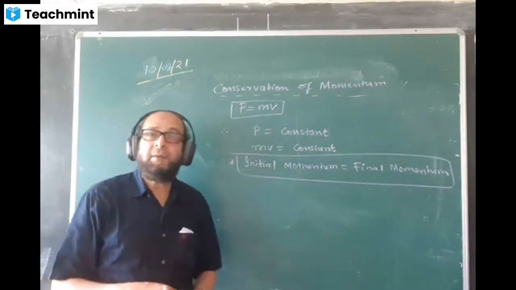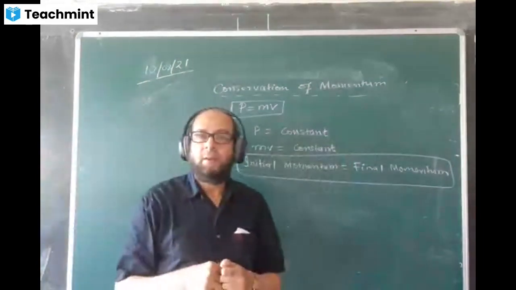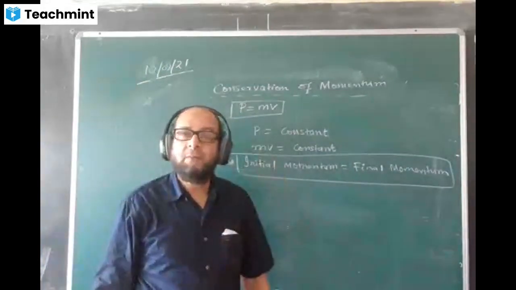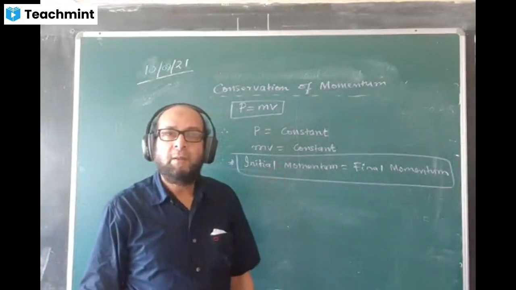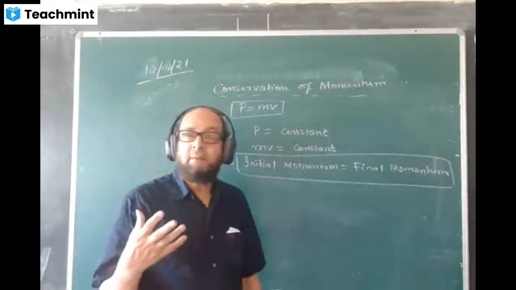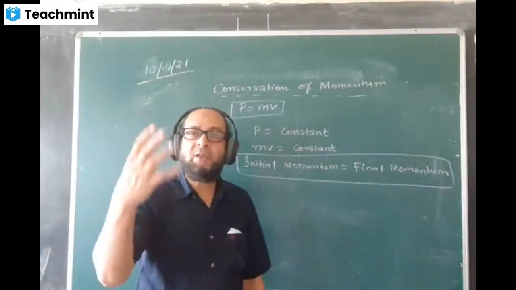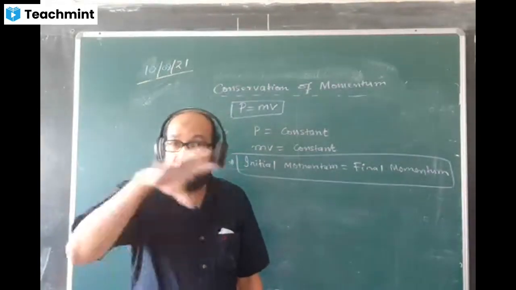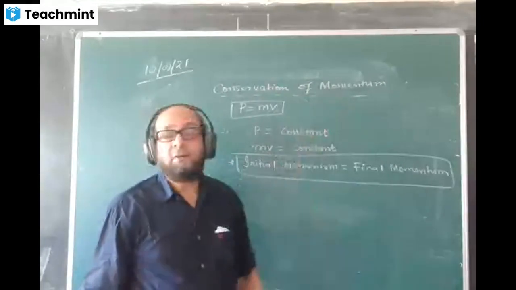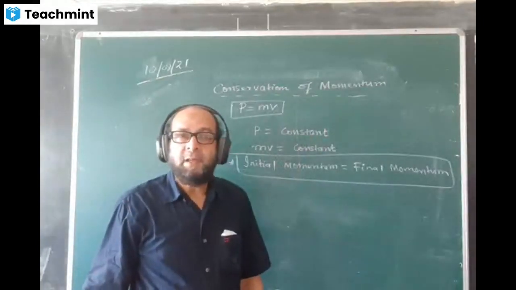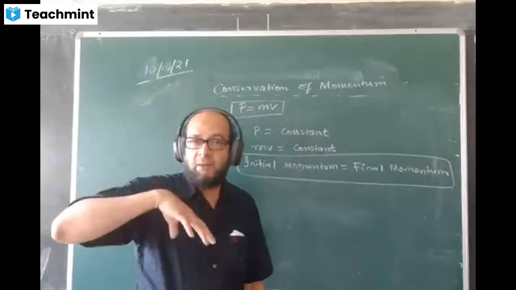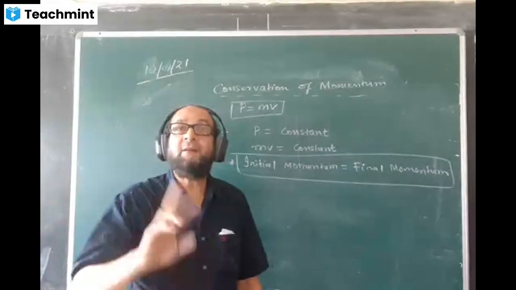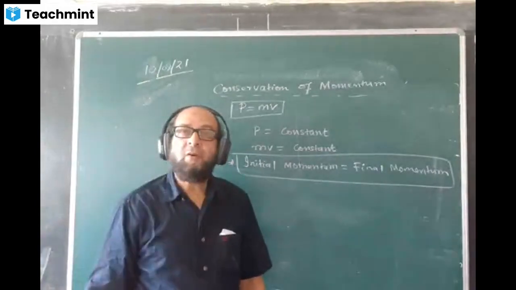Any kind of collisions between two bodies or explosions, there is no extra force being put into the system. That is an example of isolated system. So what I mean to say, the situation where Newton's third law is applicable, then the system will follow the law of conservation of momentum. That is, initial momentum of the body will be equal to the final momentum. Whenever Newton's third law of motion is applicable.